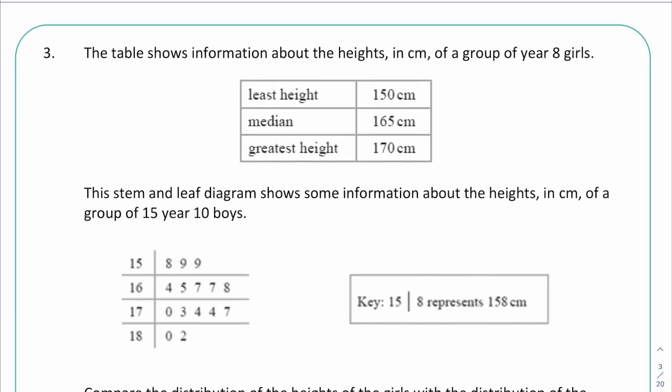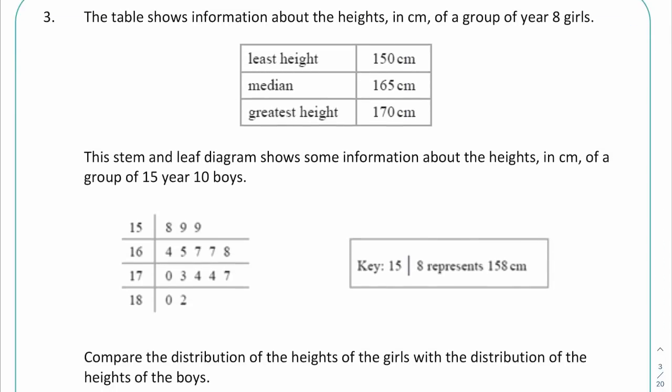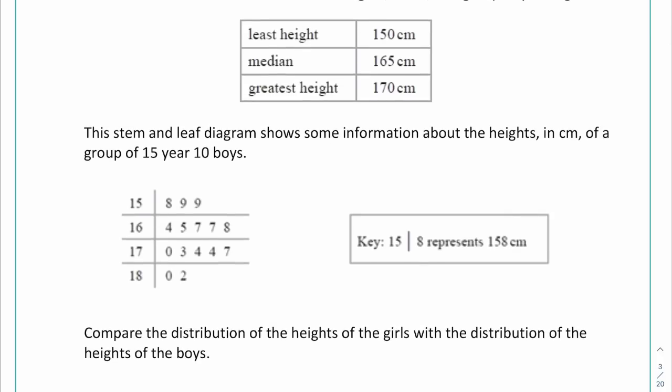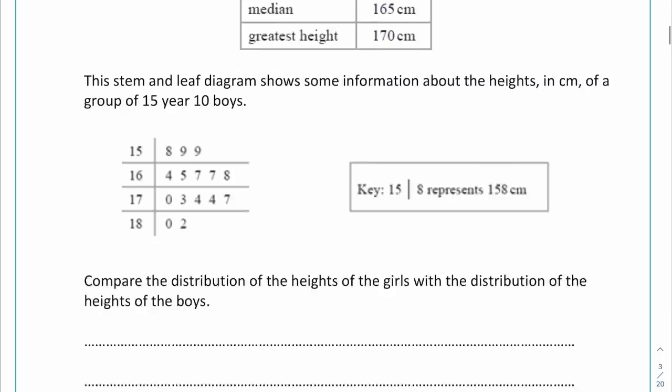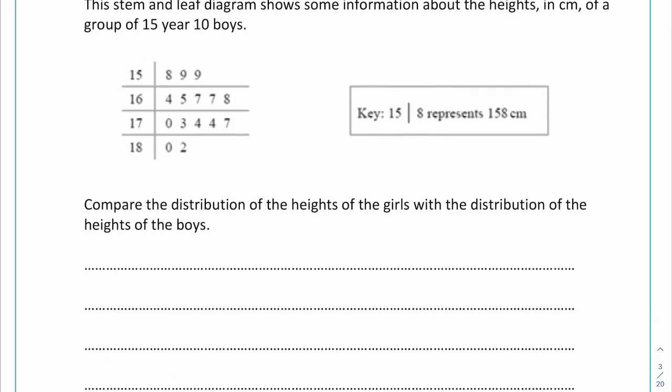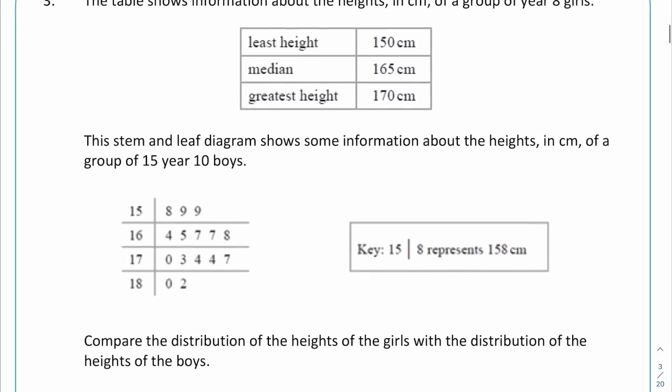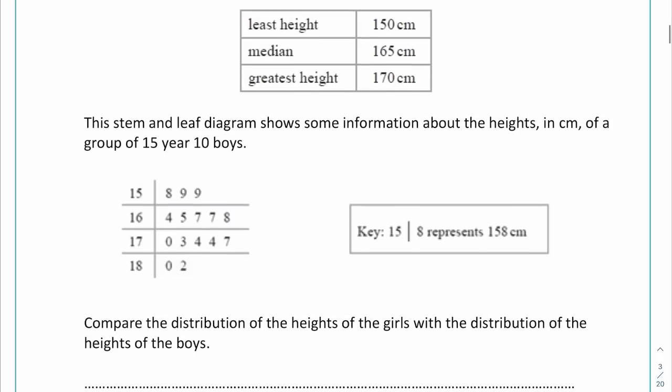So for this question here, we have some information about the heights of some Year 8 girls, and it says the least height, the median height, and the greatest height. Then we also have a stem and leaf that shows some information about the heights of a group of 15 Year 10 boys. And it wants us to compare the distributions. Now when we're comparing the distributions, we're just going to look at any of the different averages that we can find. Now in the table, we're given the median, so straight away we should find the median from the stem